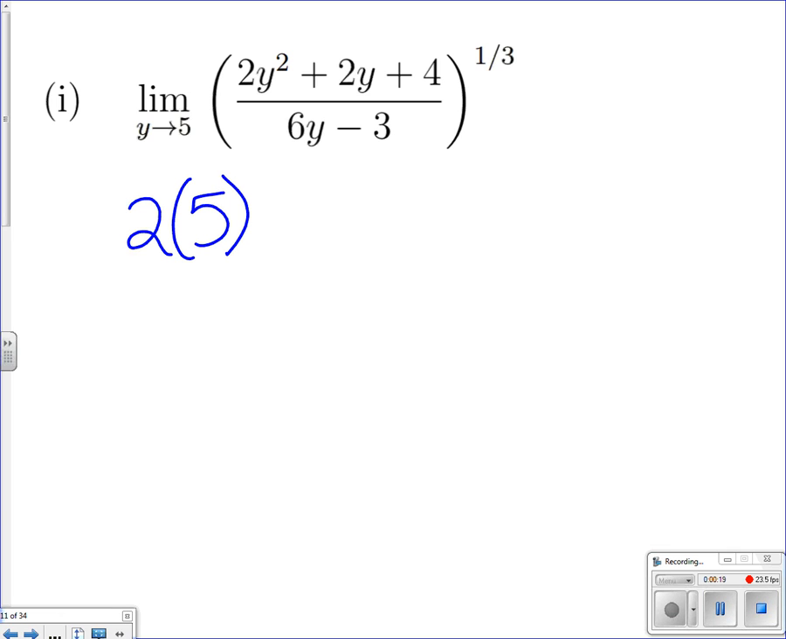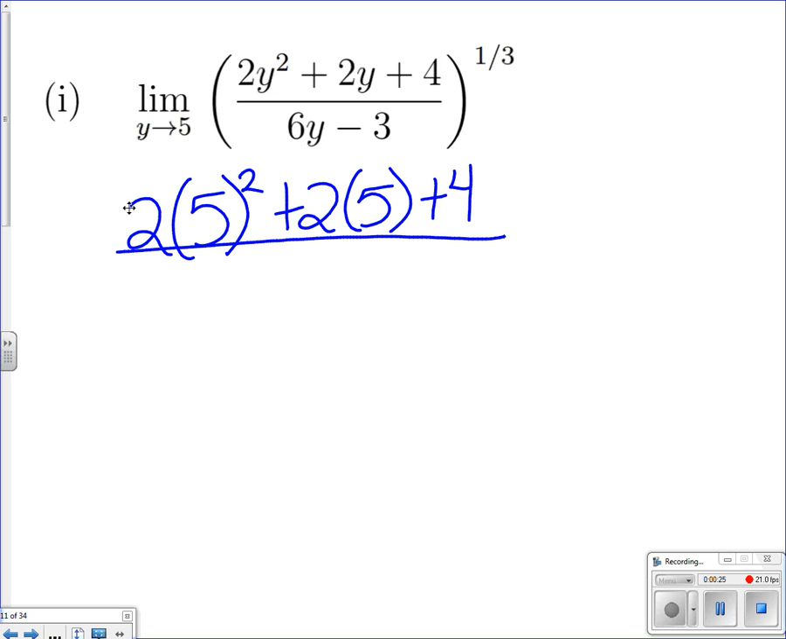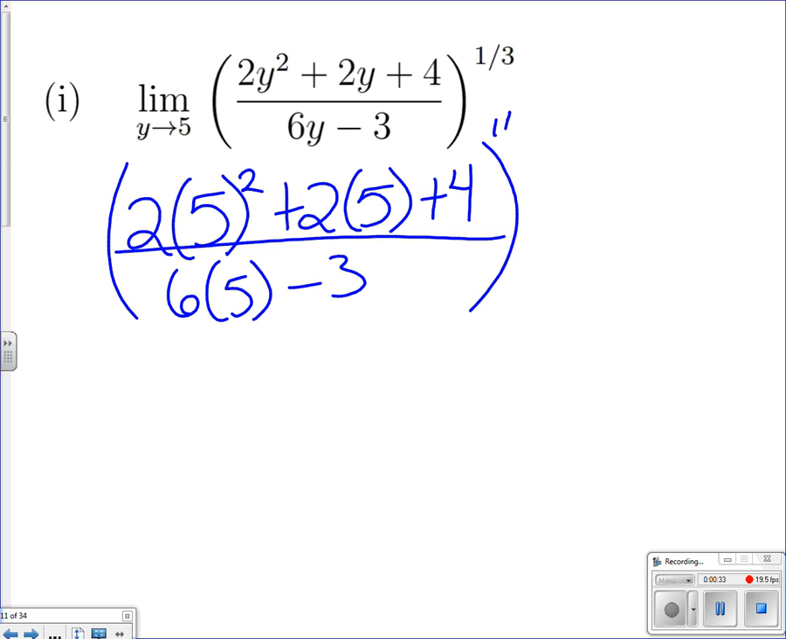times 5 raised to the second plus 2 times 5 plus 4 all over 6 times 5 minus 3. And this entire thing is still being raised to that 1/3 power. Now, with direct evaluation, let's go ahead and see if we get that 0 over 0 indeterminate form, maybe where that doesn't quite work. Well, using our order of operations, we see that we have 5 squared is 25 times 2, that would give us 50,